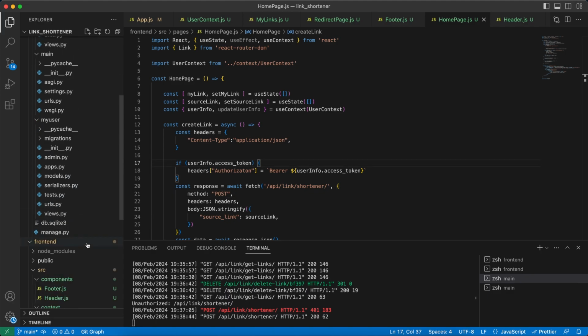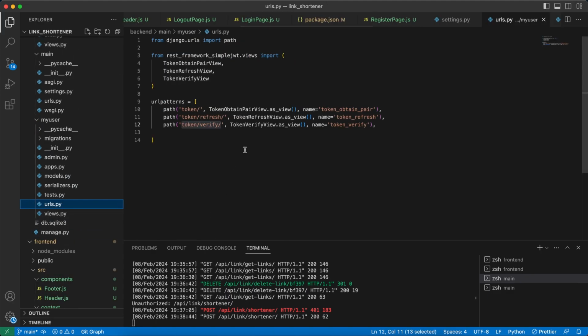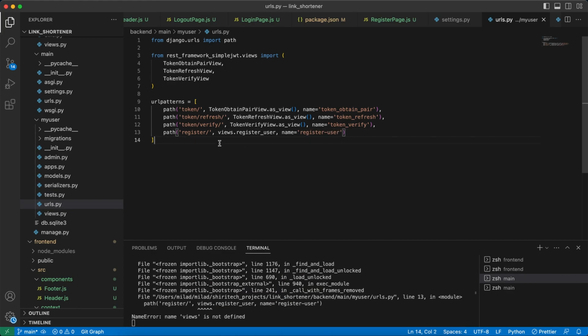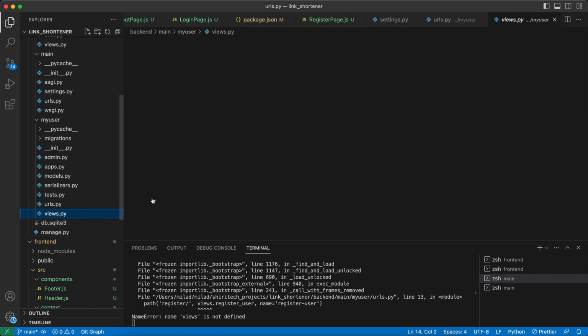So in my user app URLs, we're going to need another path called register, and we need a view for that. Register, let's call it register user, and a name for it, register user. Okay, now let's create the view we needed,